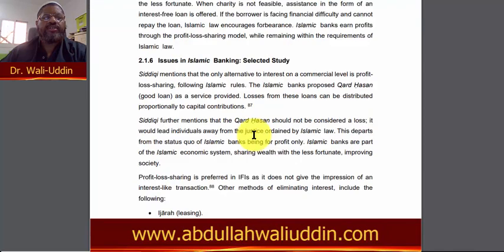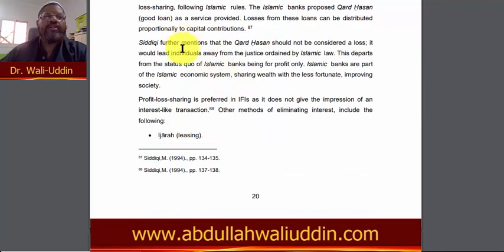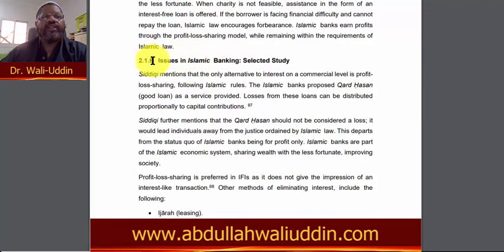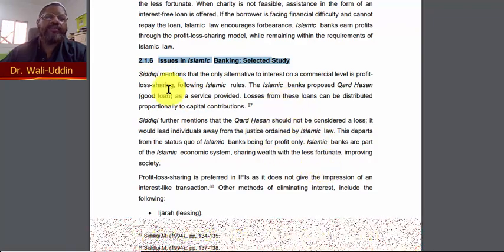So here, let's go to the next section, issues in Islamic banking. These are actually now particular books, again, and I'm discussing the topic. And at the head of each heading, I basically put the title of the book, and then the author, and I start discussing the topic. And I used paraphrasing for the most part. I didn't use a lot of quotes.